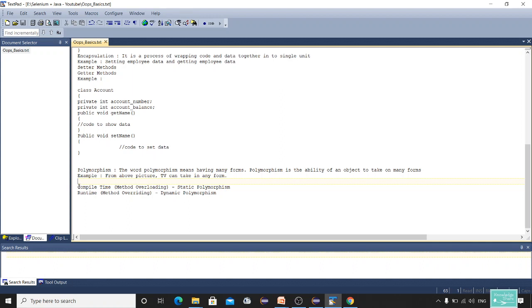Next, we have two types of polymorphism in Java. One is runtime polymorphism and the other one is compile time polymorphism. Compile time polymorphism is also called static polymorphism and runtime is also called dynamic polymorphism. So we will be creating a method here, and which method should be picked up will be decided based on the implementation, whether it should be picked up at runtime or at compile time, based on the declaration that we do, and we will see the example now.